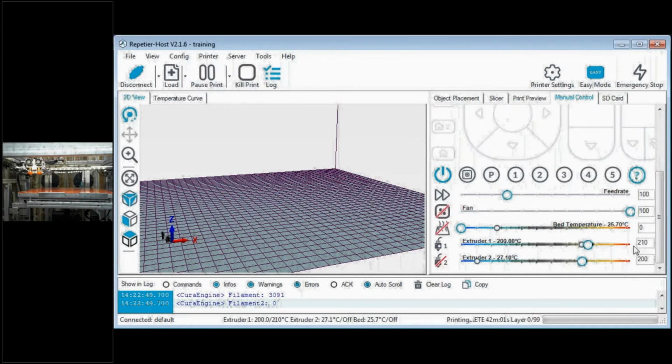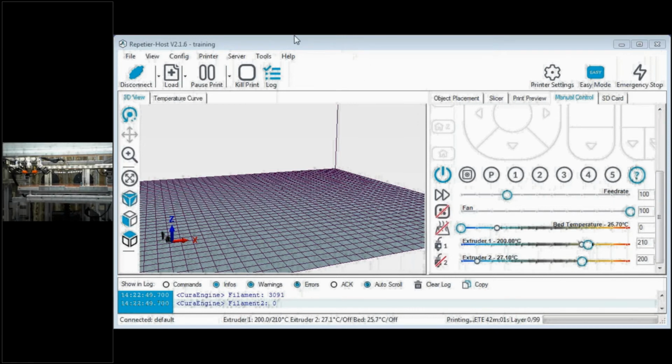Actually your print temperature is 210 degrees. Now the extruder will heat up, and the nozzle goes to the work position, which is X0, Y0 and Z0. It will come exactly to the top.